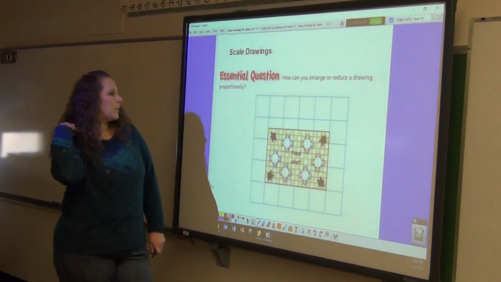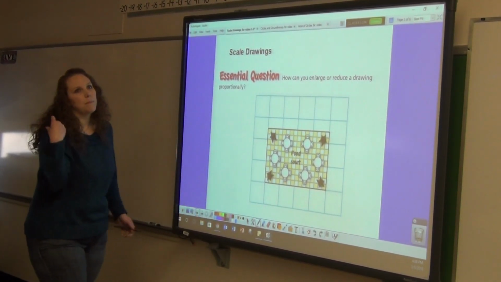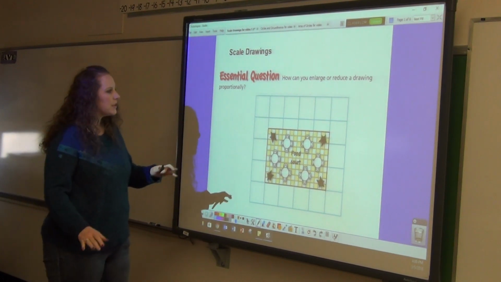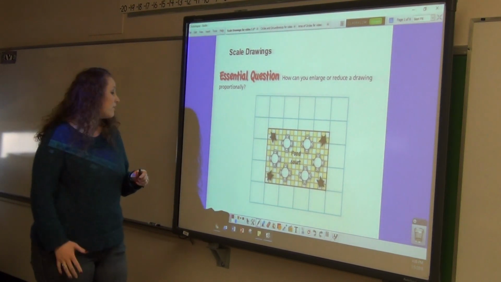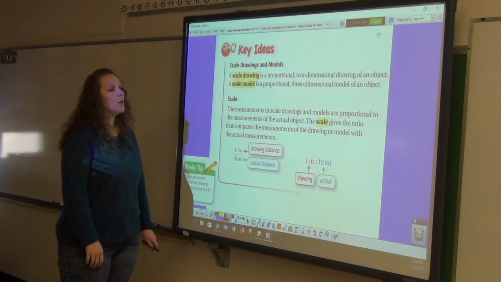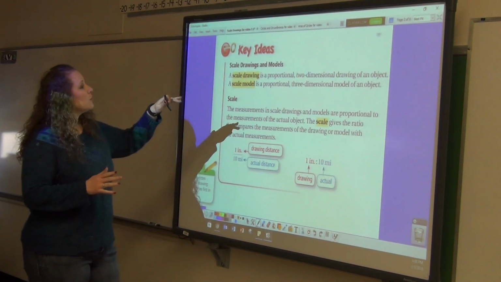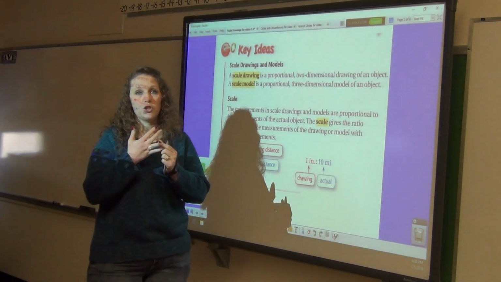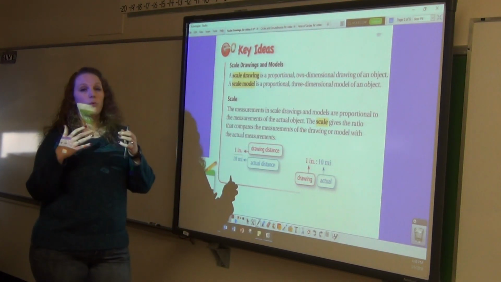Scale drawings are really neat. Basically, it's just a proportion. They look very confusing, but they're very simple because it's just a proportion. Don't overthink it. All right, so a scale drawing is proportional, it's two-dimensional, and it's a drawing, so it's like a